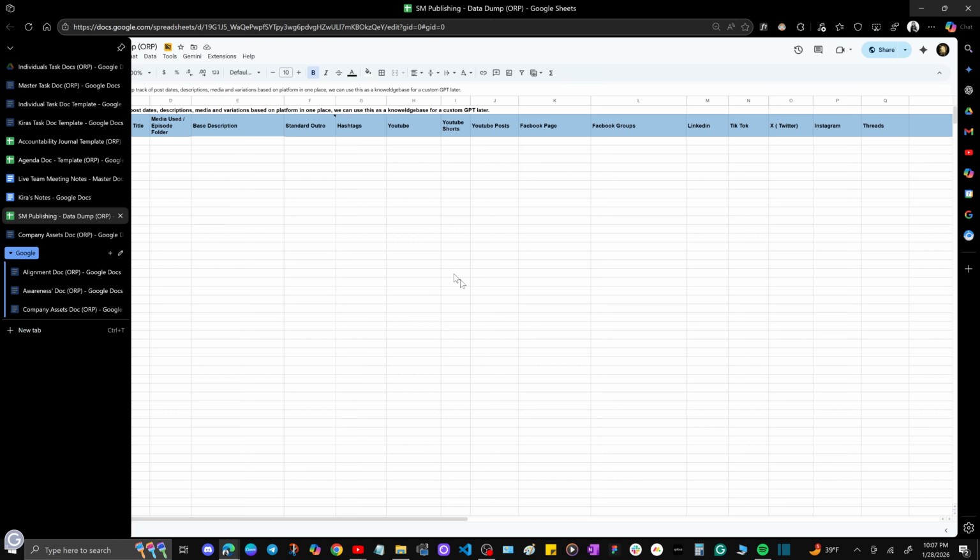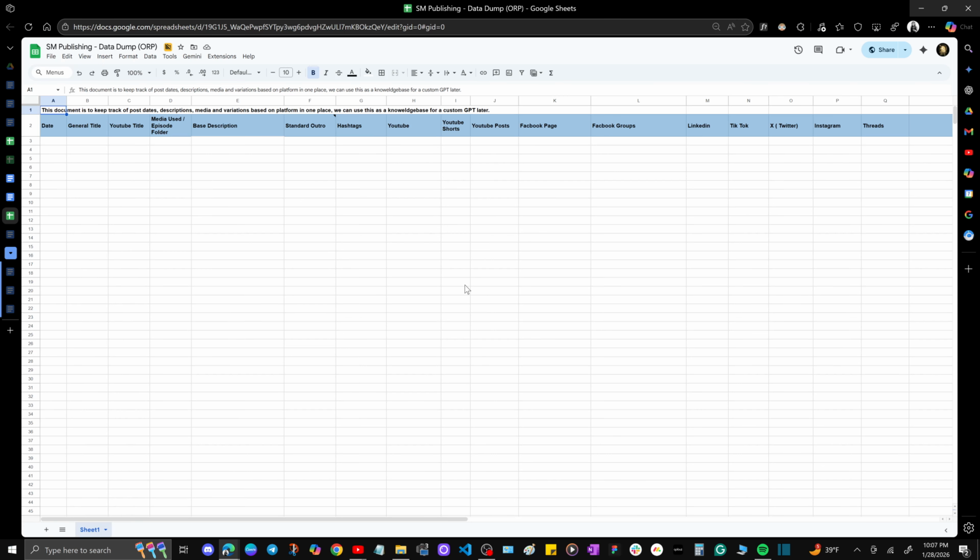So next is the social media publishing data dump spreadsheet, and this is just to keep track of posts in an organized fashion, and this will be very useful, and I highly recommend doing this because what this does is it gives a really good document eventually to make a custom GPT or custom AI for social media posting, for creating titles, base descriptions, hashtags, all sorts of stuff,